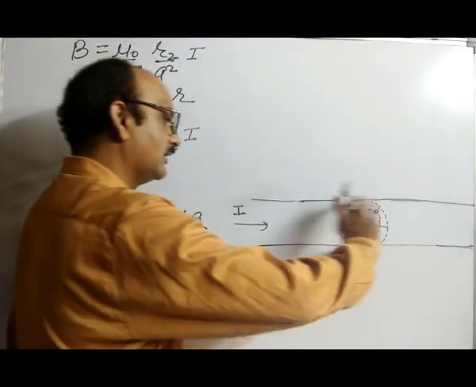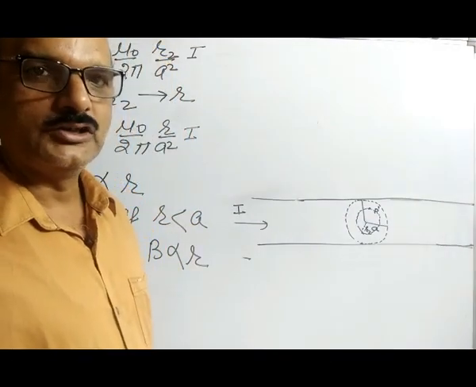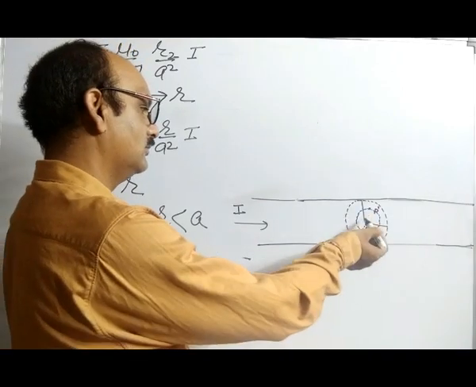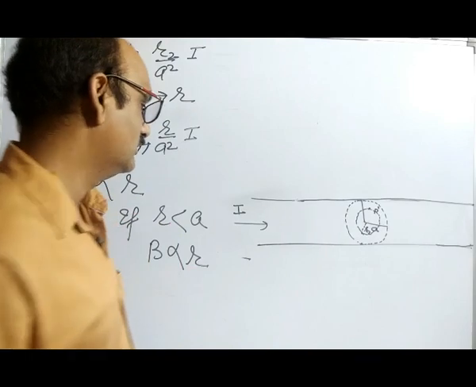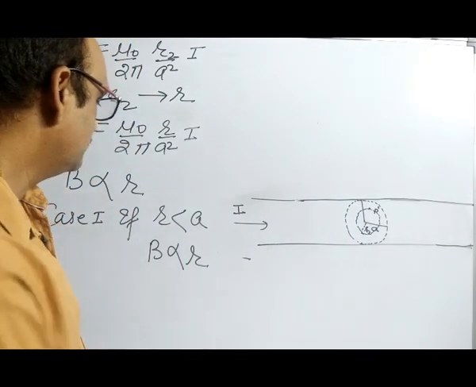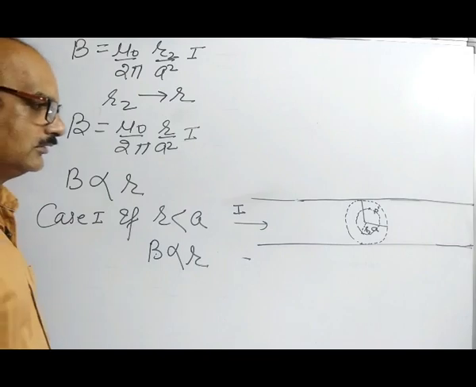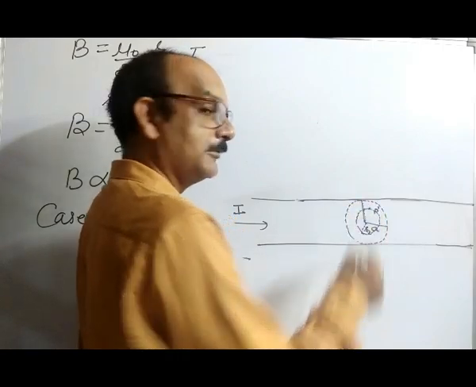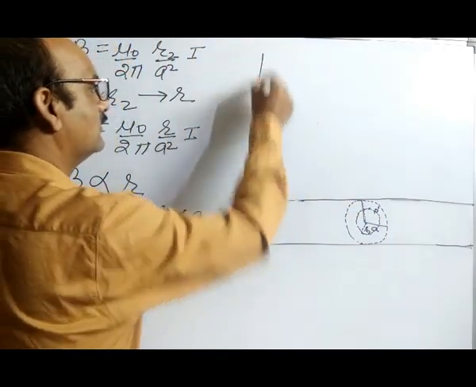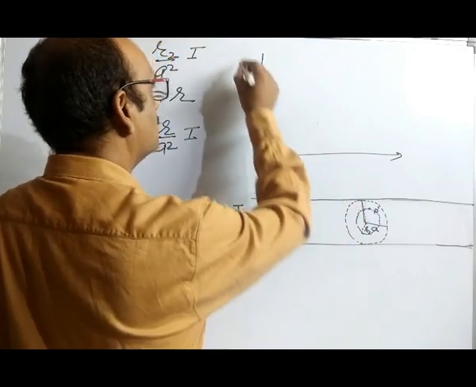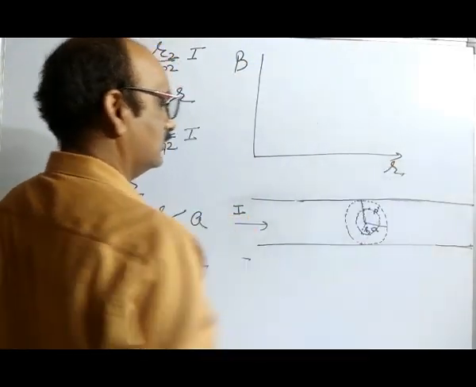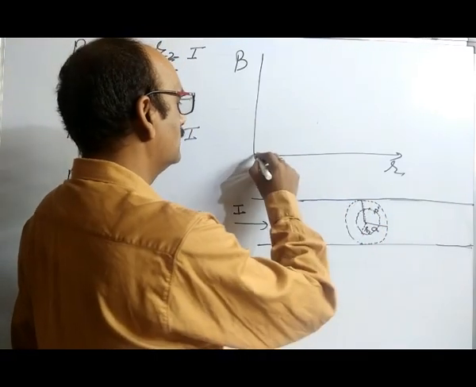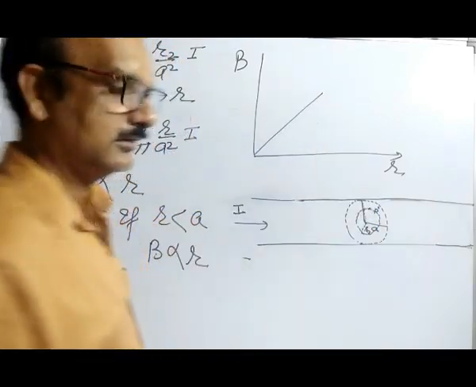Yes, this is current carrying conductor and current is uniformly distributed over the area. अगर आप मैग्नेटिक फील्ड इस कंडक्टर के अंदर निकाल रहे हैं, उस केस में B will be directly proportional to r. यानी सेंटर से जितना आप दूर जाओगे मैग्नेटिक फील्ड बढ़ता जाएगा. That is, this is the B, this is r. When you are moving in outward direction, सेंटर से बाहर की तरफ जा रहे हो, मैग्नेटिक फील्ड बढ़ता जाता है.